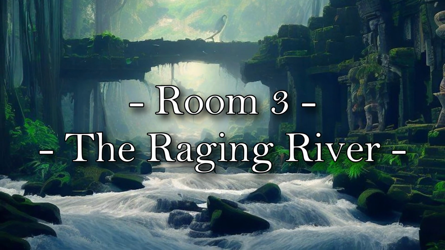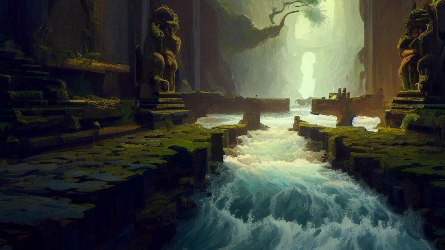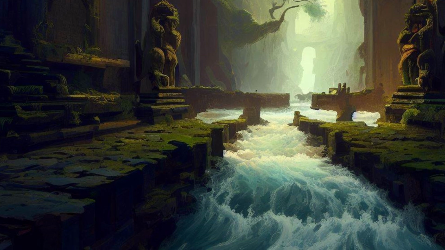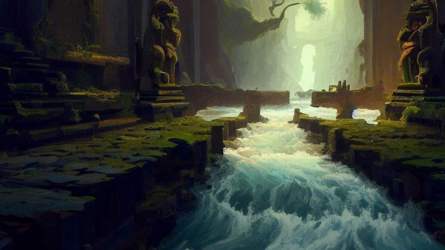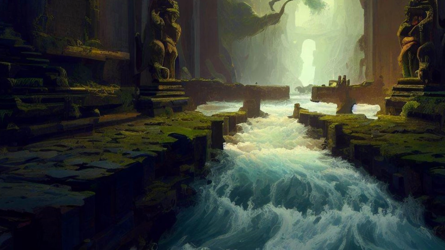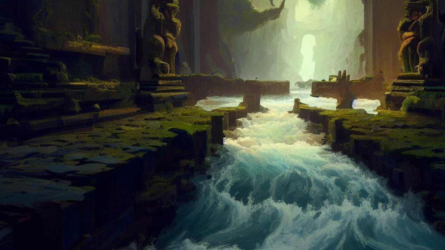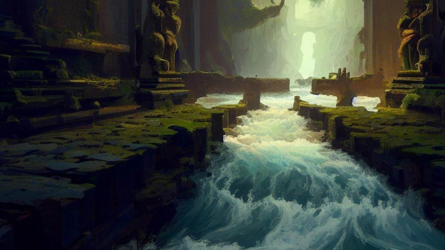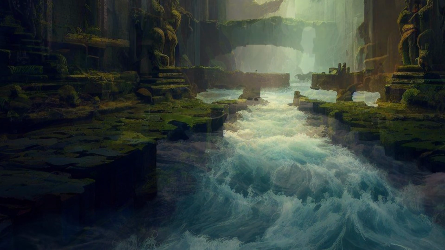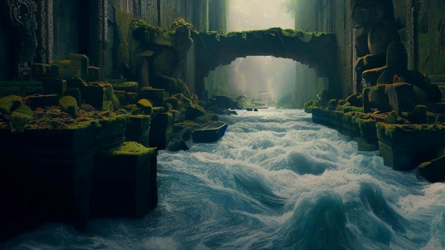Room 3, the Raging River. The party reaches a wide chamber bisected by a fast-flowing river with treacherous rapids. A crumbling stone bridge spans the river, and on the opposite side lies the path to the temple's inner sanctum. The party must navigate the raging river and cross the unstable bridge. This requires a dexterity or acrobatics check to keep their balance and avoid falling into the water. Additionally, river spirits guard the crossing, and the party must solve a riddle or offer a tribute to appease them